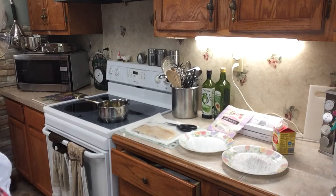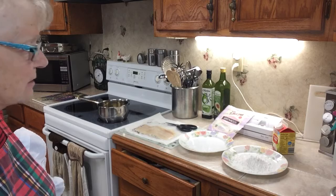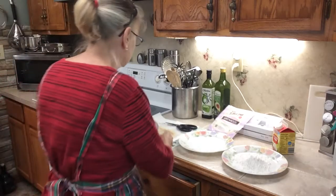I'm going to show you how I cook crappie. It's basically the same as I cook my chicken strips and my patties. I just cook everything in this arrowroot and deep fry them, and they are so good. It makes them really crispy. But anyway, I've got some